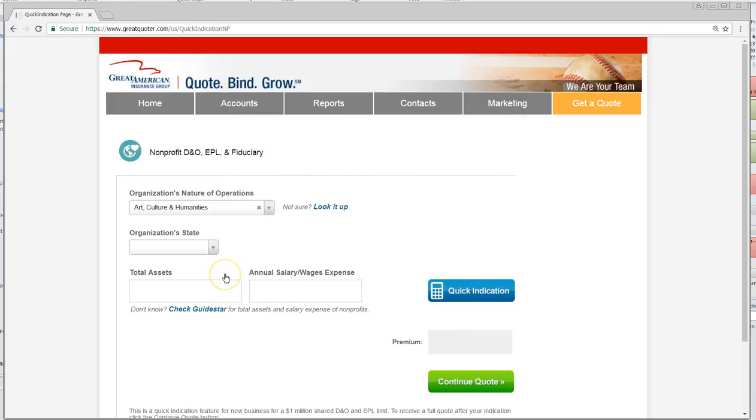Next, we're going to enter the organization's state, their assets, and their annual salary expense. So just select their state from the drop-down box, enter the total amount of their assets